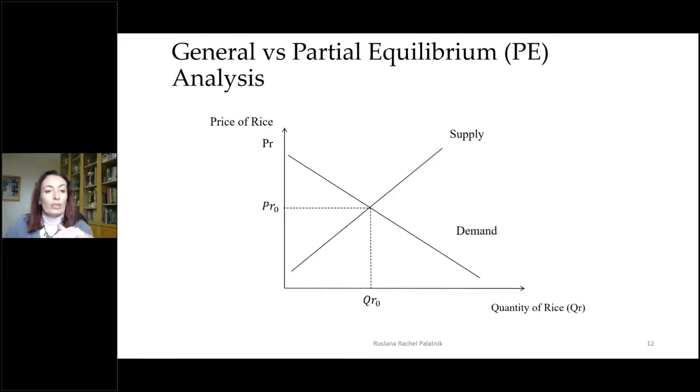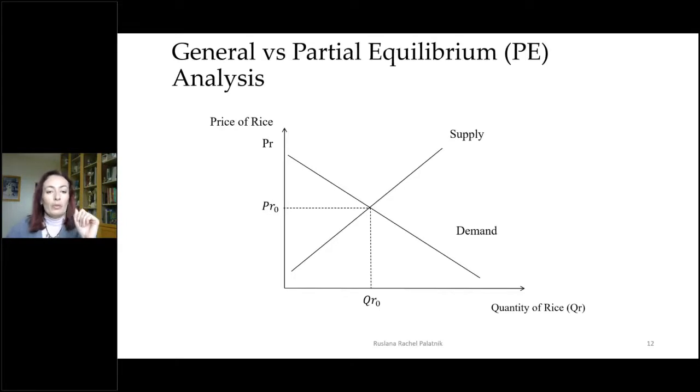Okay, so now let me graphically illustrate the difference between a partial equilibrium and a general equilibrium model. I remember that most of you are non-economists, so I will do my best to speak in general language with just a few basic economic principles that I will present, okay? In order for you to feel what the model is about.